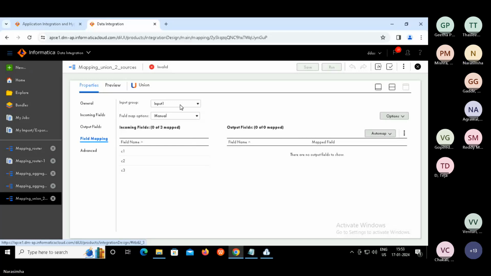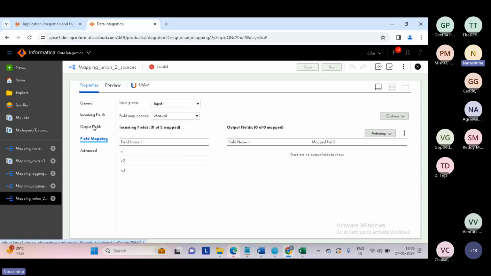So like input one, we need to map to the target side. Again stuck. So here we need to get it mapped. Output fields, let's see what it contains. Okay, what happened? It got stuck again.